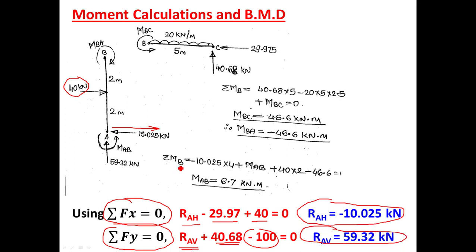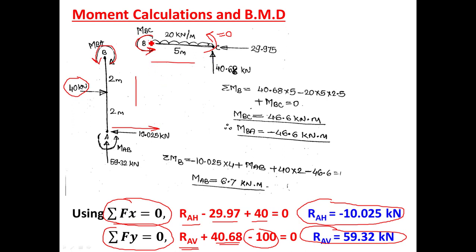Okay, so if you substitute all reactions now in these two figures, if you look at BC and AB, if you draw these two members separately, if you show all the loading conditions, now moments are not known to us initially, so assume all moments in anti-clockwise sense. So here assume this MBA is also anti-clockwise, MBC anti-clockwise, and MCB is known to us. MCB is equal to 0 because support C is a hinge support, that is simple support.